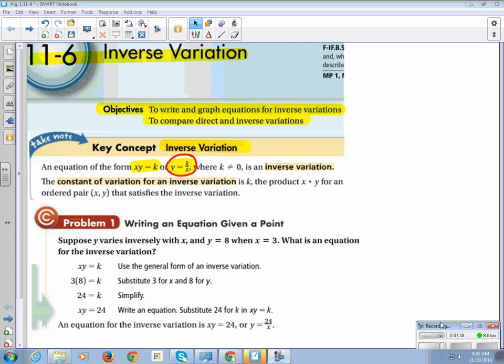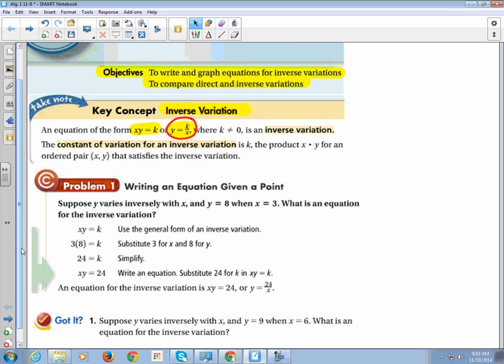The constant of variation for an inverse variation is k, the product of x and y. So to find k, you just take your x value and your y value and multiply them together. Pretty easy. All right, so let's see how we write this as an equation. If you have inverse variation, they're either going to give you data points, which you can use to check, or they're just going to say straight up,